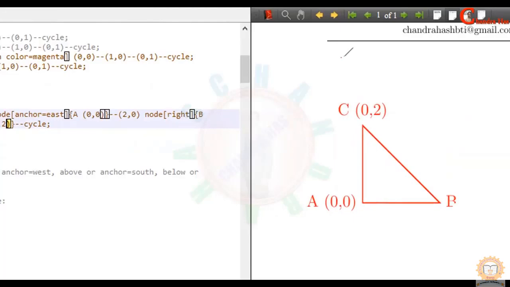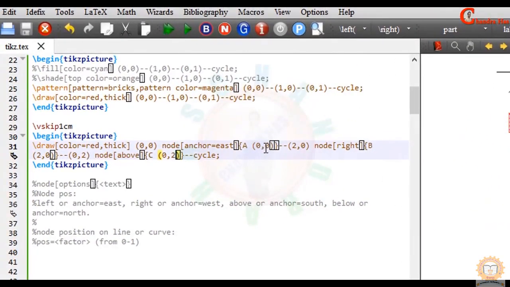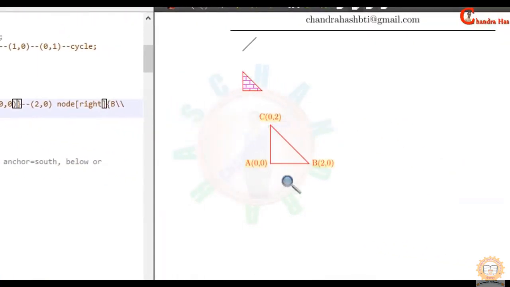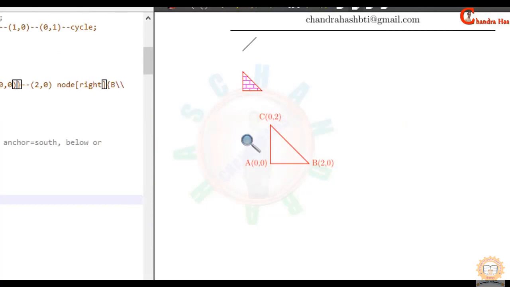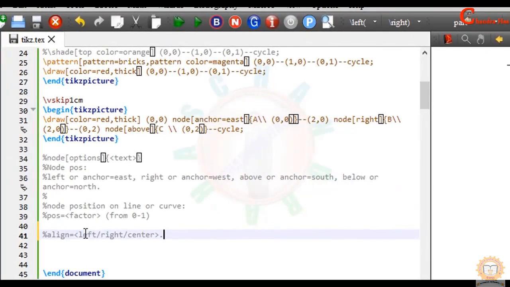We can also break the line. For breaking the line we will have to use a double backslash. I want to break from here, so just use double backslash and compile your file. It is not breaking. So for breaking the line we will have to use one more option, that is align. There are 3 types of align options: left, right and center.